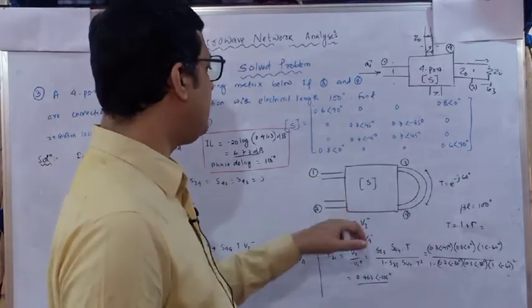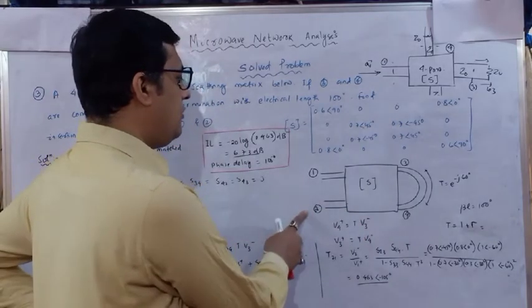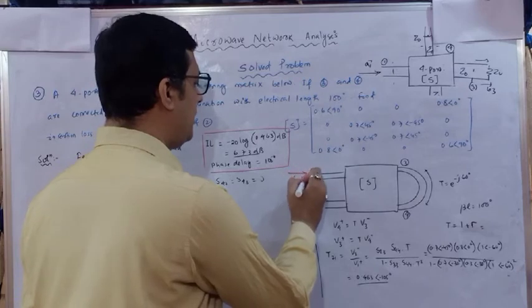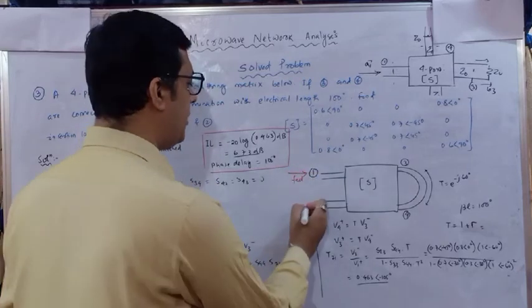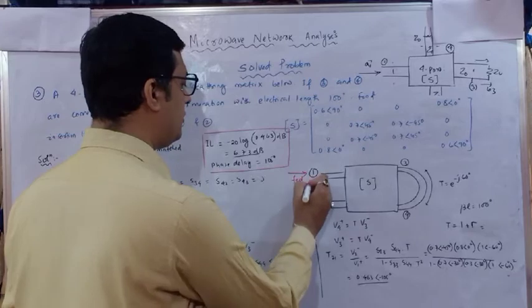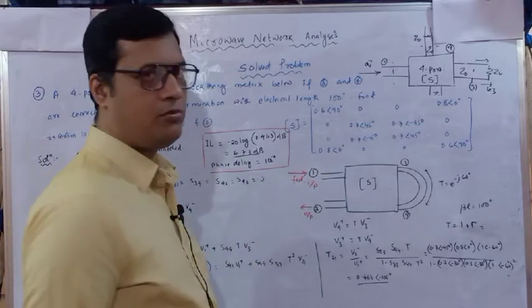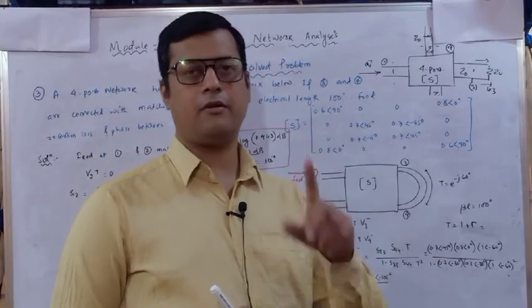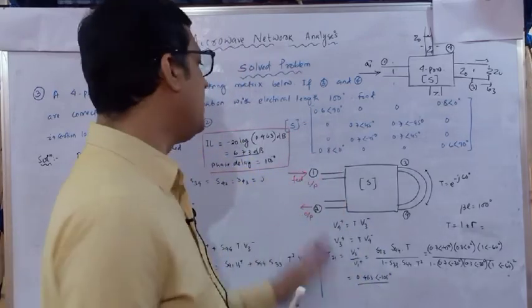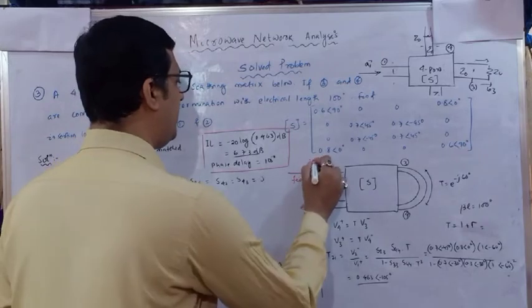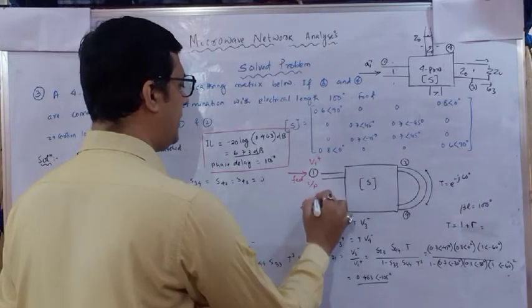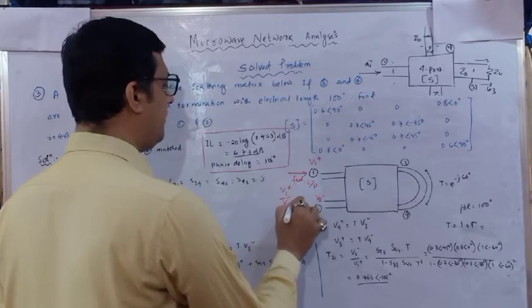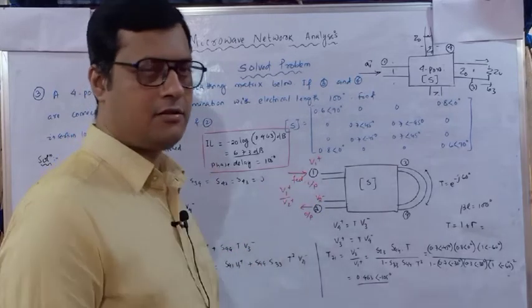As you can see in this figure, ports 1 and 2 are there, in which power is fed at port 1 and output power is observed at port 2. So this will be our input, this will be output. And insertion loss is what? Insertion loss is the ratio of input power to output power. Input power will be V1 plus and output power will be V2 minus. So we have to form a relation between V1 plus and V2 minus. That is the first part.